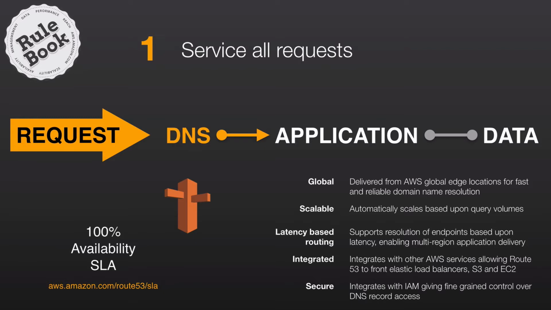So it's very simple to configure DNS records that point towards other AWS services and will scale very easily once they've been configured. And lastly, we have integration with our Identity and Access Management service, IAM, which gives fine-grained control over DNS record access. So you can have specific IAM roles, specific IAM users within your account that have access only to a subset of your DNS records, for example. So you can control who can do what, and of course, audit that with AWS services like CloudTrail.